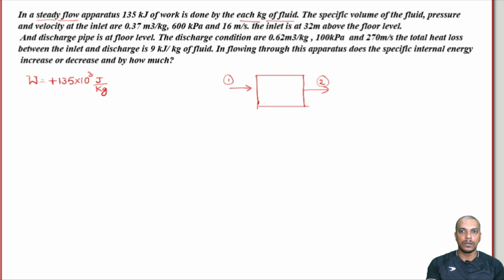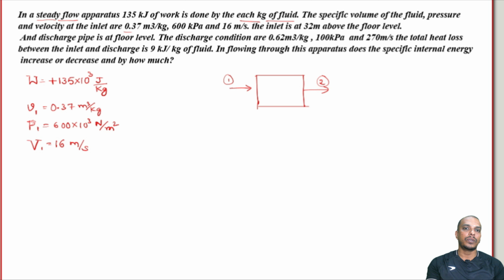So, he is telling you specific volume, small v, 0.37 meter cube per kg at the inlet, 600 kilopascal. So, P1, remember we want pressure in Newton per meter square. So, 600 into 10 power 3 Newton per meter square,